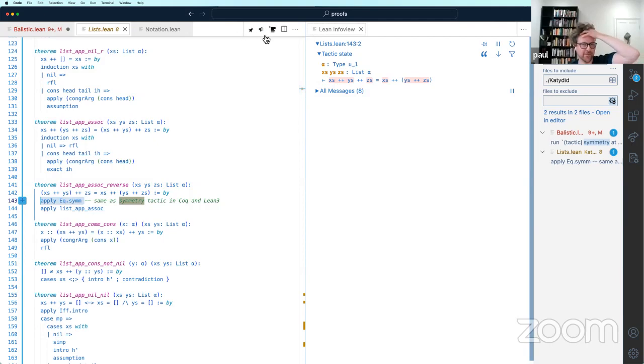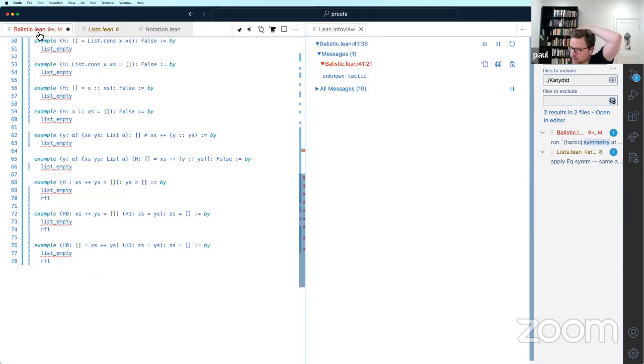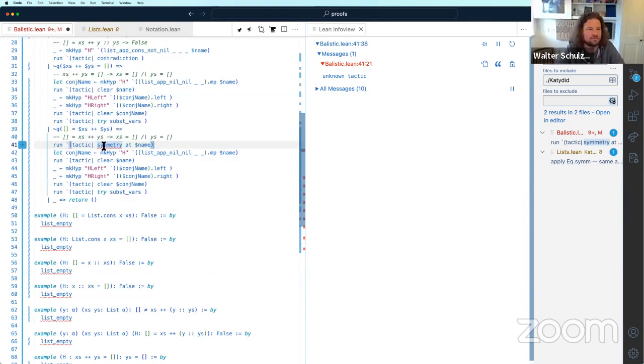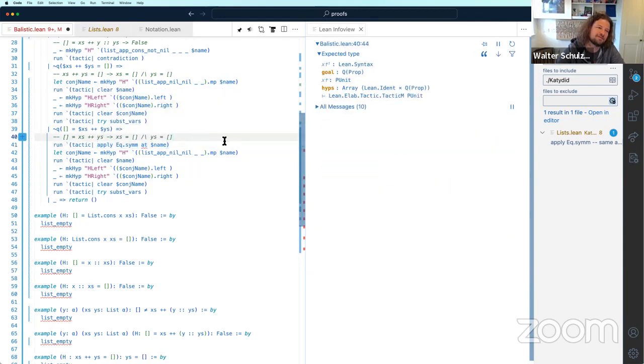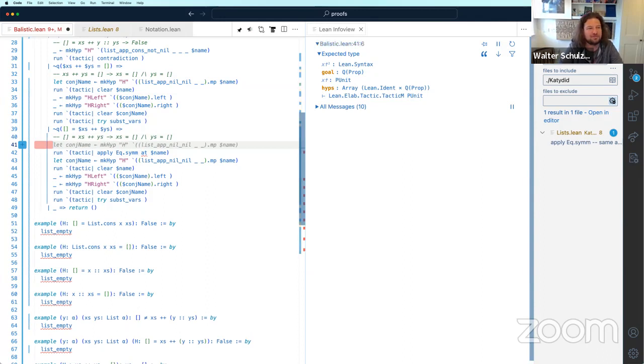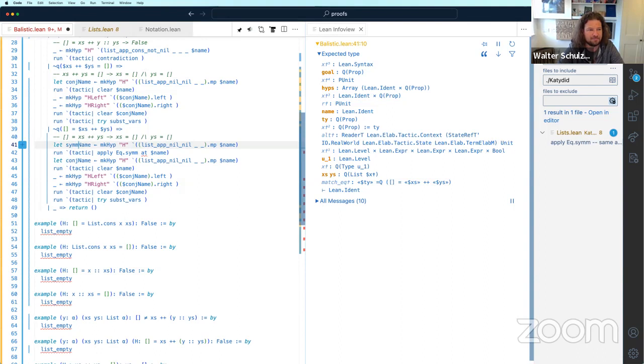So it's a little function. We have it. Oh, but you can't apply it at. Okay, so we have to create a new symmetric name.